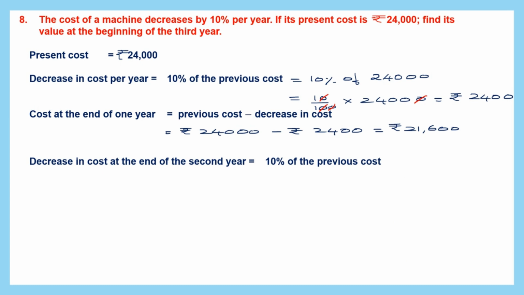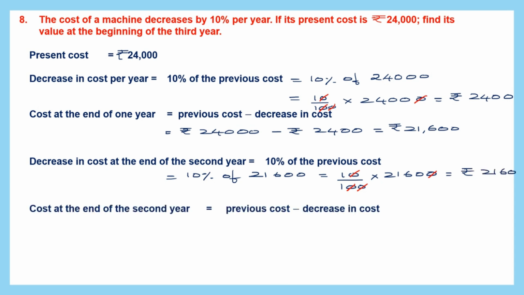So this will be 10 by 100 or 10% of the previous cost, which is 21,600. So this will be equal to 10 by 100 into 21,600. So here we can cancel the zeros, one more zero, and we have 2,160. So this is the decrease at the end of the second year. So what is the cost at the end of the second year? So the cost at the end of the second year is the previous cost, which is this, minus the decrease